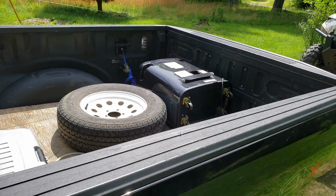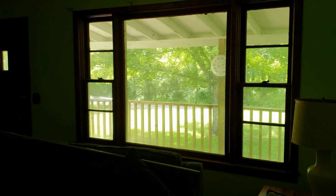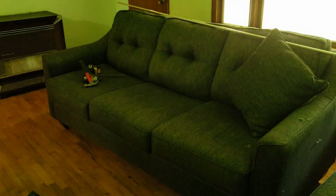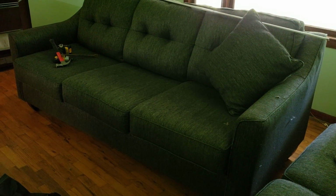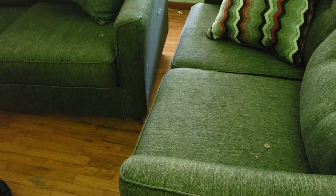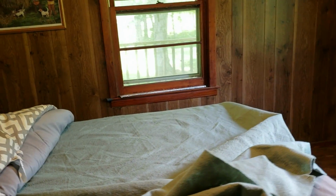All right, the dehumidifier tipped over on the trip over. Let's hope it survived. And anything you can do to help eliminate odors that absorb. Now these couches, that couch and love seat are gonna stay. And I know they had dogs in here and, you know, it was guys in here and whatever else. So definitely those need to be steam cleaned. And then I always take all the curtains off because anything that soaks up odors,